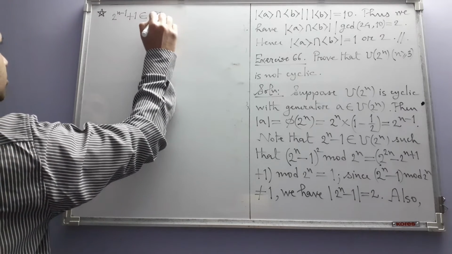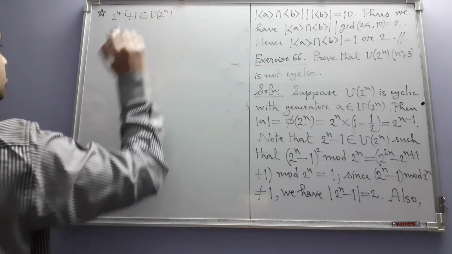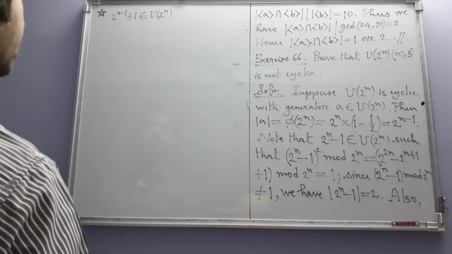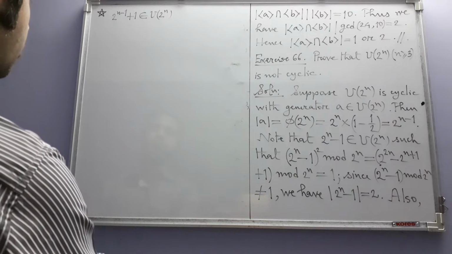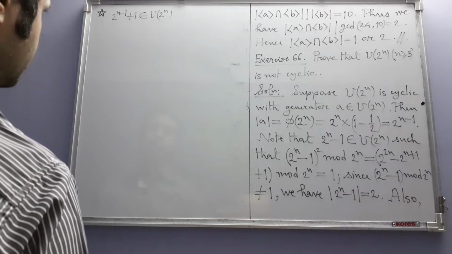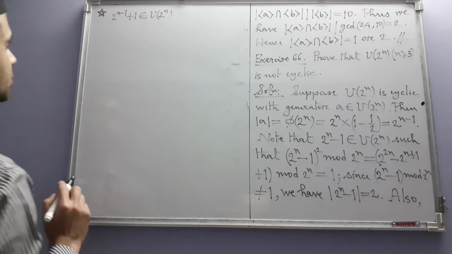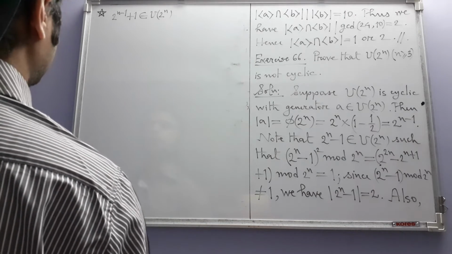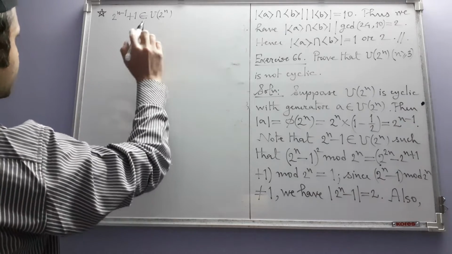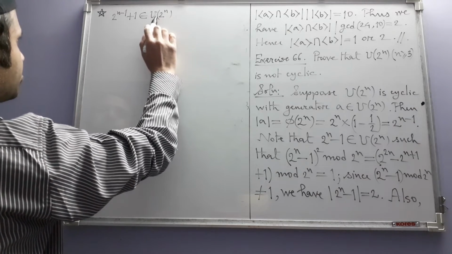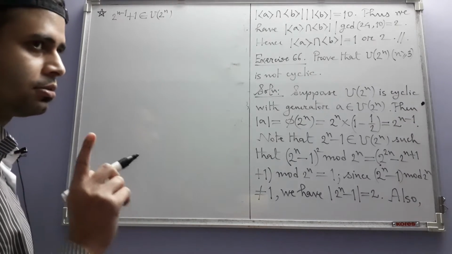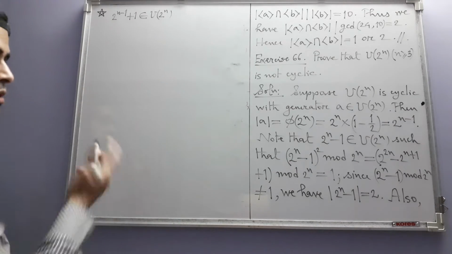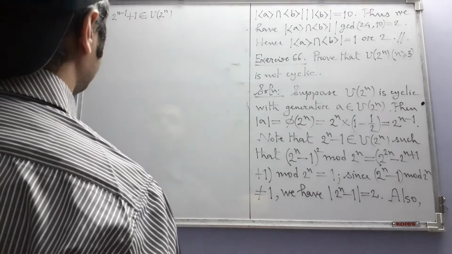This also belongs to U of 2 to the power n. It is also relatively prime to 2 to the power n. This is relatively prime to 2 to the power n because the only prime factor of 2 to the power n is 2, and it does not divide this because this is an odd integer. That's why they are relatively prime,